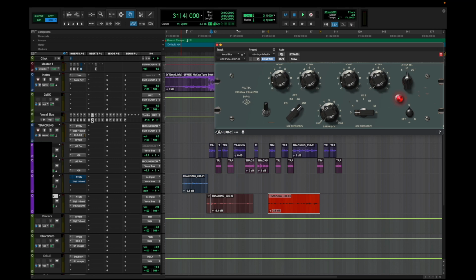So with this specifically, I've boosted a little bit at the 3K hertz range, as my microphone needed a little bit more presence without making it too bright. So I didn't really want to boost above 5K, as I didn't want too much of that airy sound. So I boosted 3K, and then to make up for that harshness, I boosted a little bit at 100 hertz, just to give my voice a bit more body.